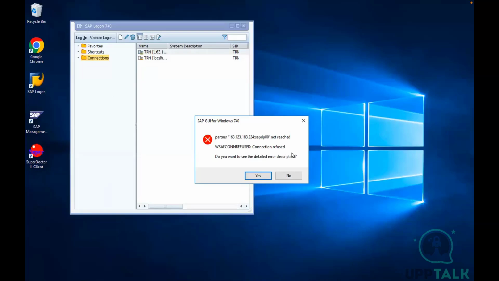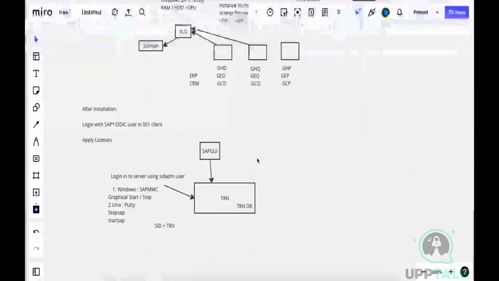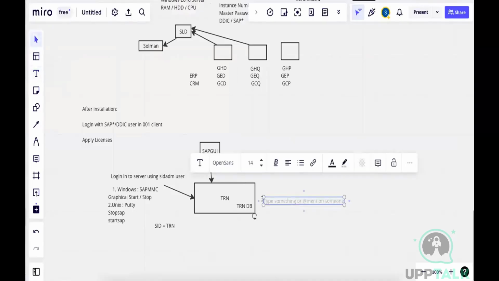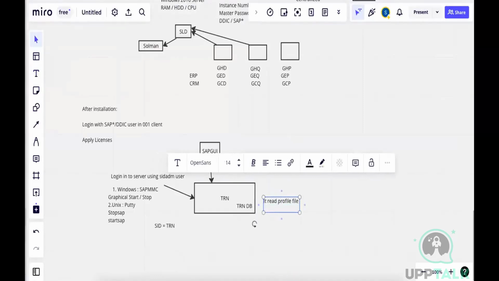To start the system, we can perform the start also. So what happens when we start and stop? What is the sequence? So this is the sequence. It reads the profile located under